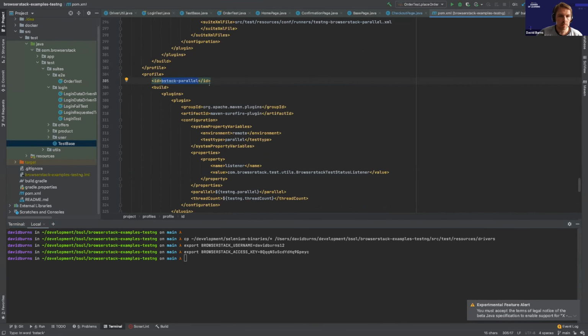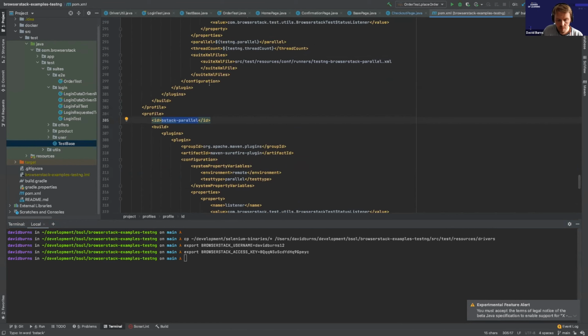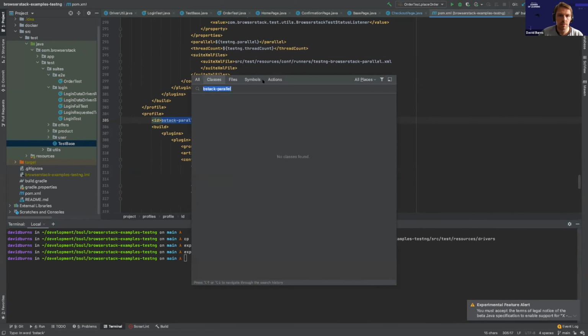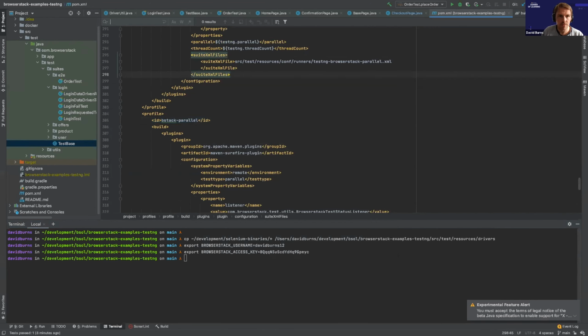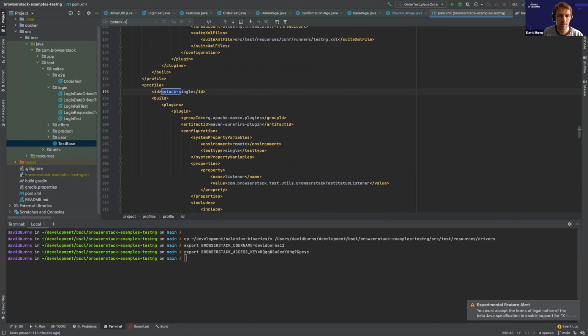We can run, I think there's a bstack parallel, and there's a, oh, I always type the wrong thing. No, that's not it either. F, that's it. So I was going for F, I promise. And a bstack single. So if I were to run this, which I would do, in this case I'm just going to copy it, but it's Maven -p, because that's my profile. And so if I run it,